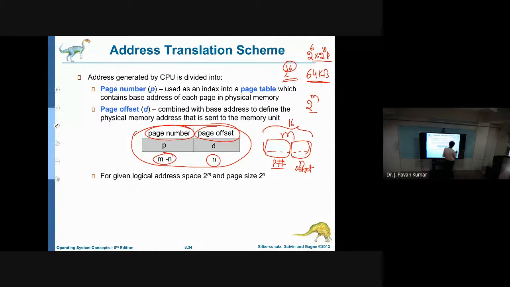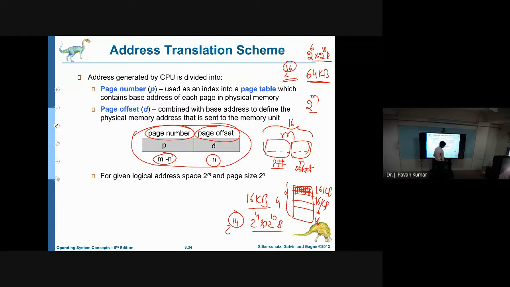Next, let us say the frame size is 16 KB each. Like this, 16, 16, we will have a total of 64, so 4 frames in total. In one particular frame we can store a page. In one particular page, how many addresses will we have? 16 KB, that is 2 power 4 multiplied by 2 power 10 bytes, so 2 power 14.